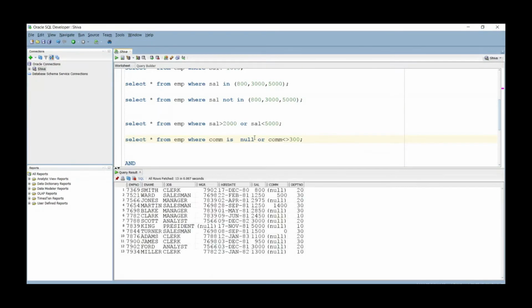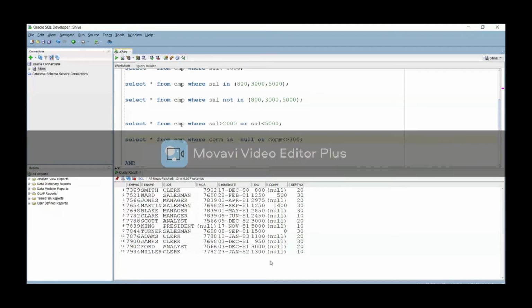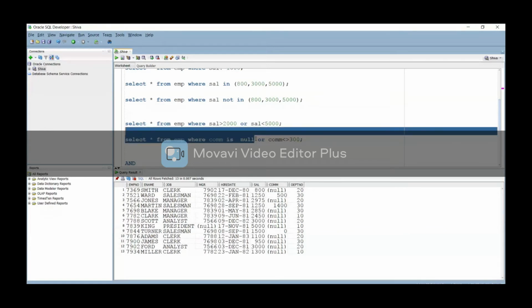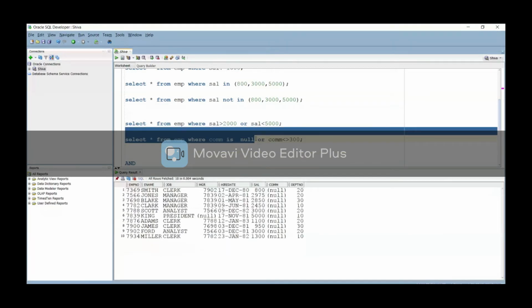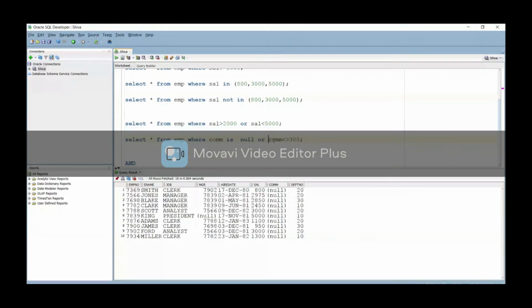So you are getting all 13 records. Got it? So you are fetching all the null records here, and the other records here.